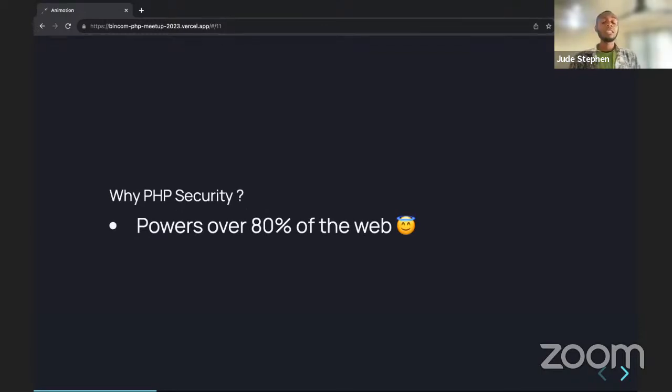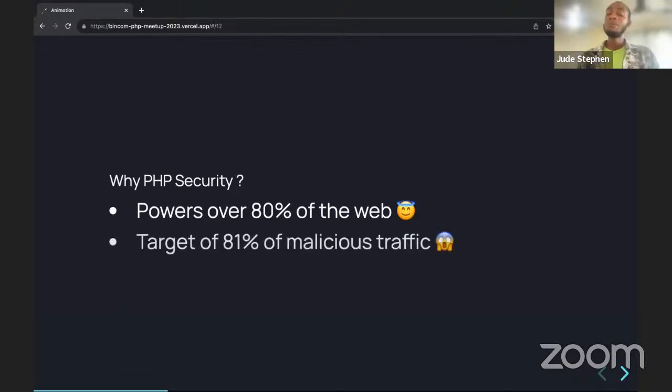So it is a very huge market size for PHP, for all of us. It means that we have a lot on our table. It means that we are not going to run out of jobs. But then we also realize that 81% of malicious traffic are targeted at PHP. This is a statistic that I pulled out from 2018.